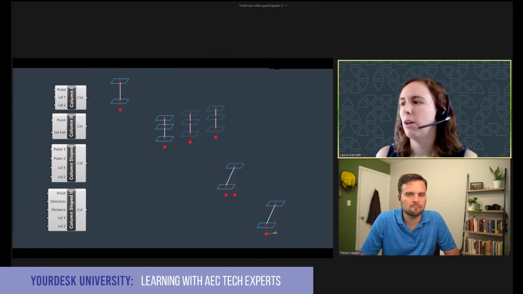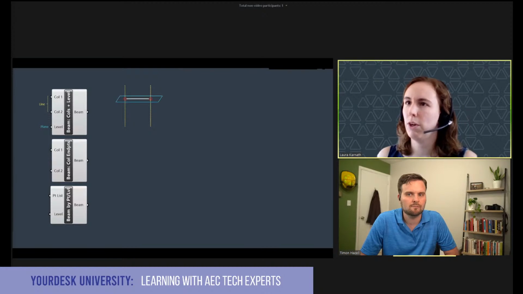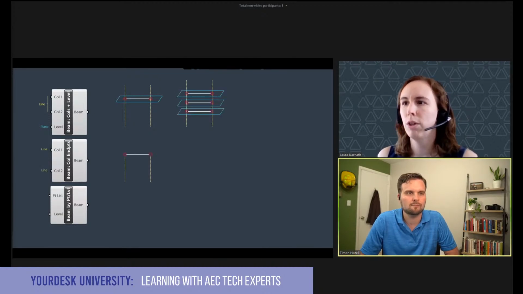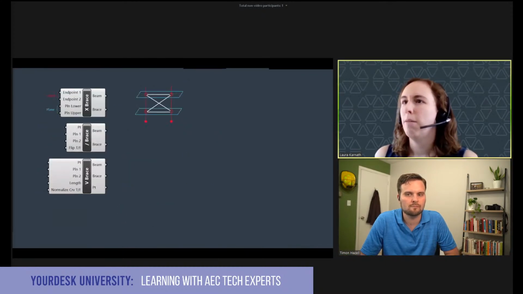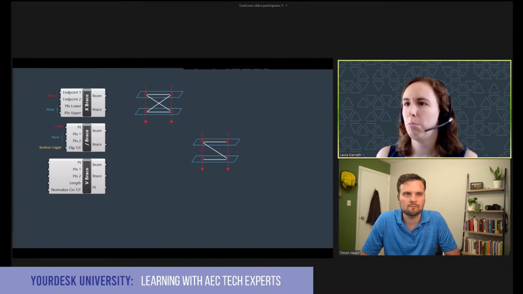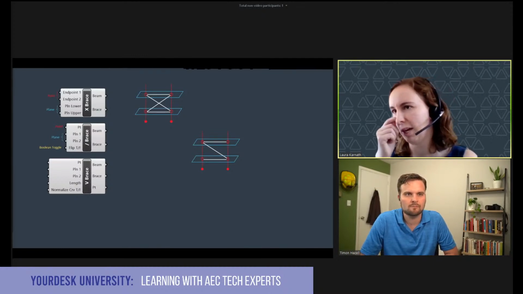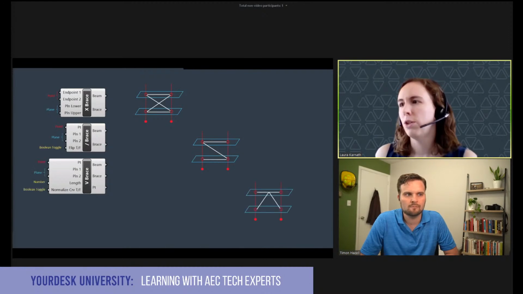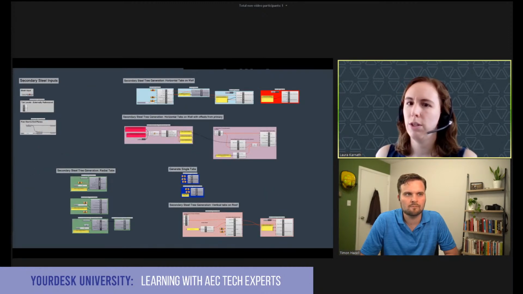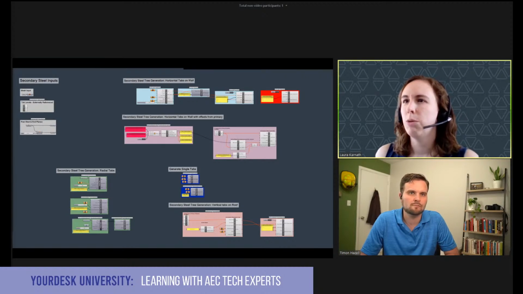So we went through and made all of these little components. Different kinds of beams from columns and levels, or just endpoints of columns. You can make a slope beam, etc. And braces that can flip back and forth. So by adding Boolean toggles to flip something back and forth, people start to understand how you can use those. So there's a lot of different things you can learn from this. This was our component canvas for the secondary steel on this project. And I'm not going to get into the weeds of any of these components because they're too project specific to be meaningful to anyone else.